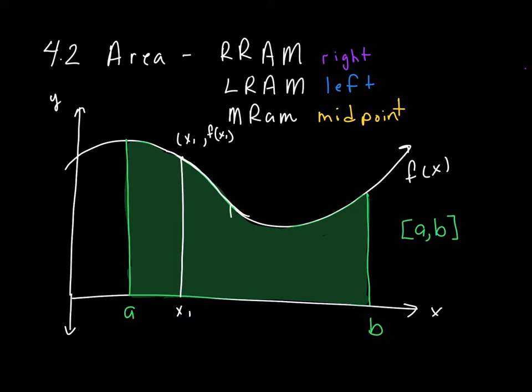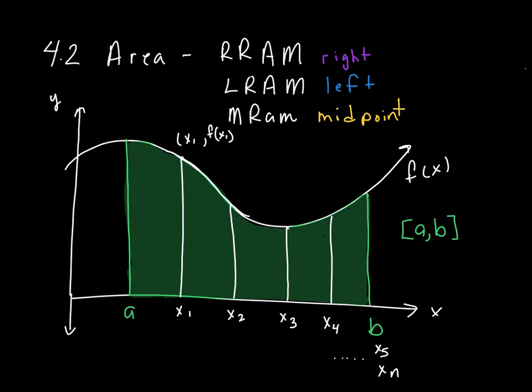And another rectangle over here, we're going to call that x2, x3, x4, and this last one is going to be x5, but in general terms it's going to be x to the n, because the idea is we want to break this down into an infinite number of rectangles that get infinitesimally small